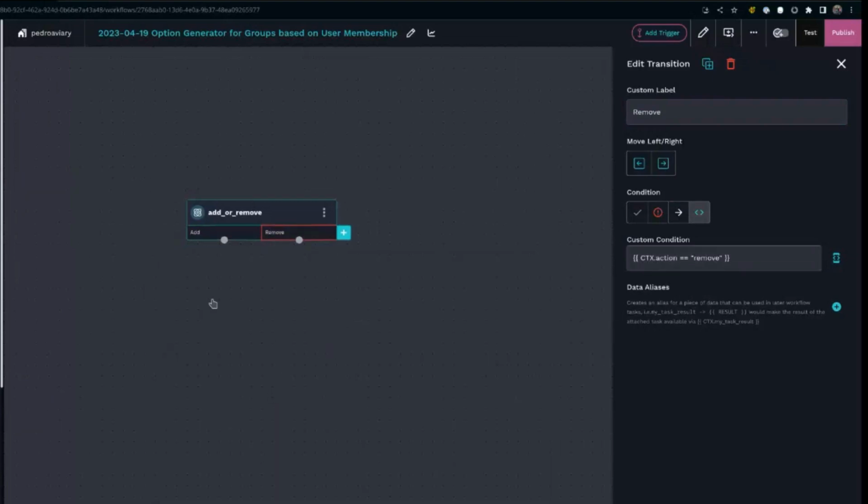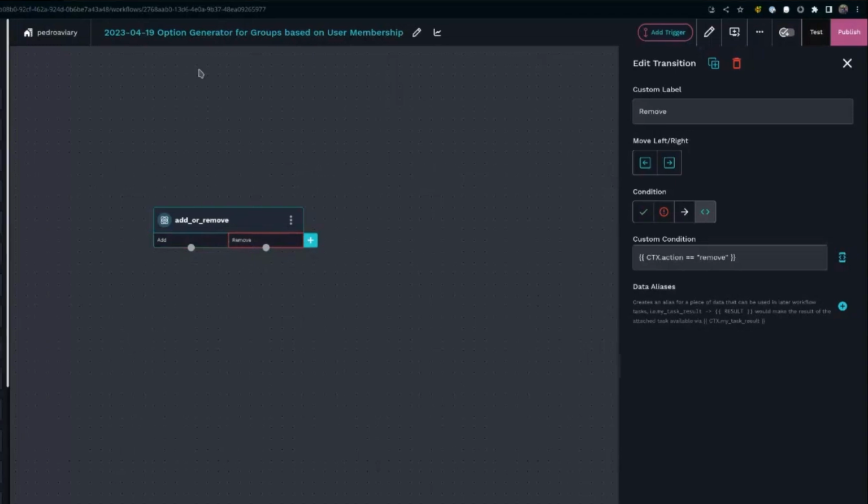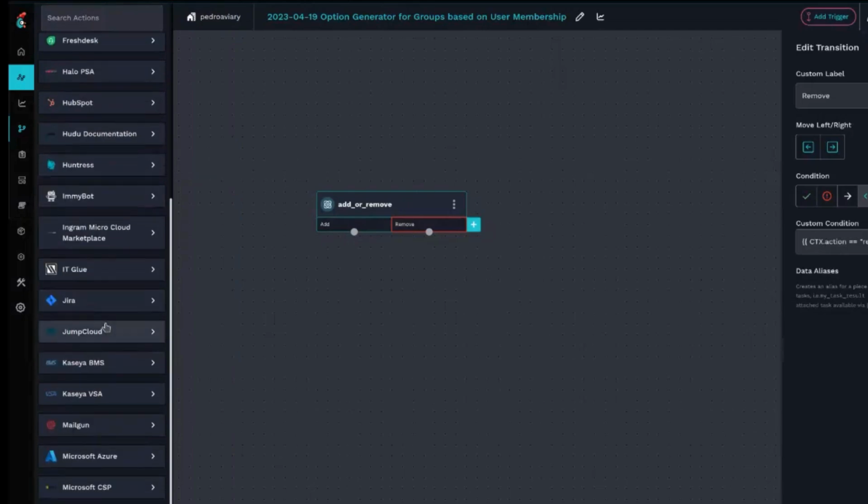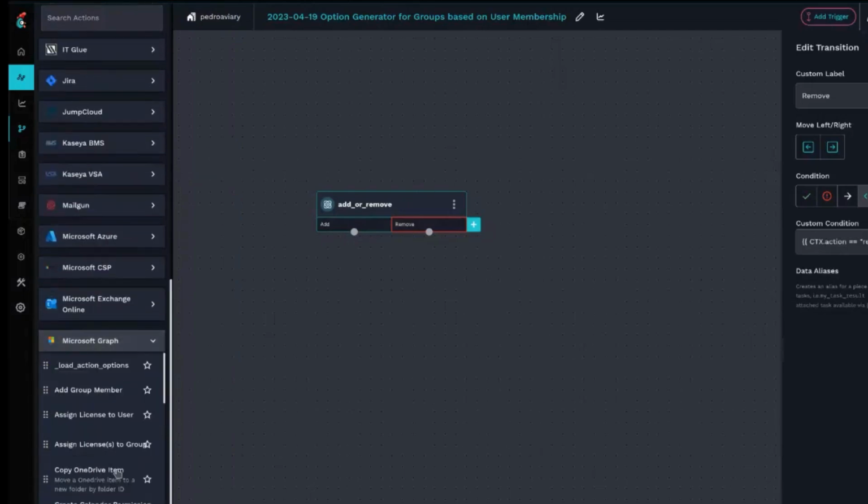So here we want to list groups that the user may be already in, or we list groups that they're not in. So listing groups that someone's not in is not a call we're going to make directly. So we're going to need to figure out how to do that. But I know how to list groups that a user is in, because there is a Microsoft Graph call for that. But if I look in the Roost actions for Microsoft Graph,